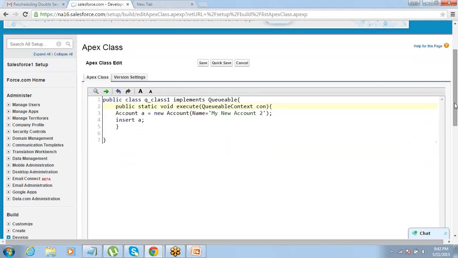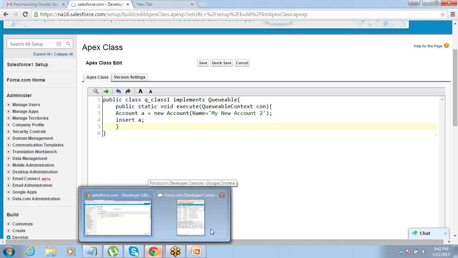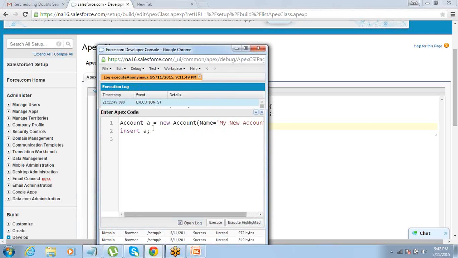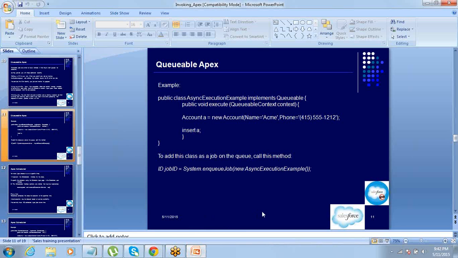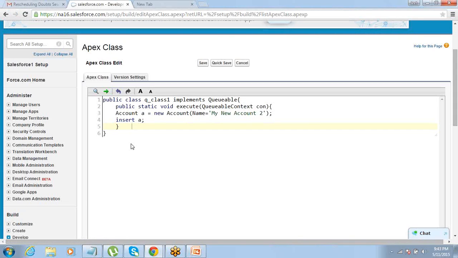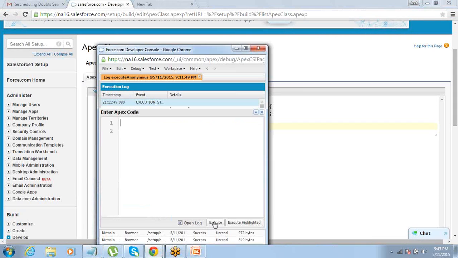All right, so your class is ready. Now, how do you execute this class? We can do it from some other method, as I told you, but for now, let's do it from our anonymous code block. So let me not go and write something else. I can do it from my anonymous code block. All you have to do here is just go and write this. So: Id jobId = System.enqueueJob(new